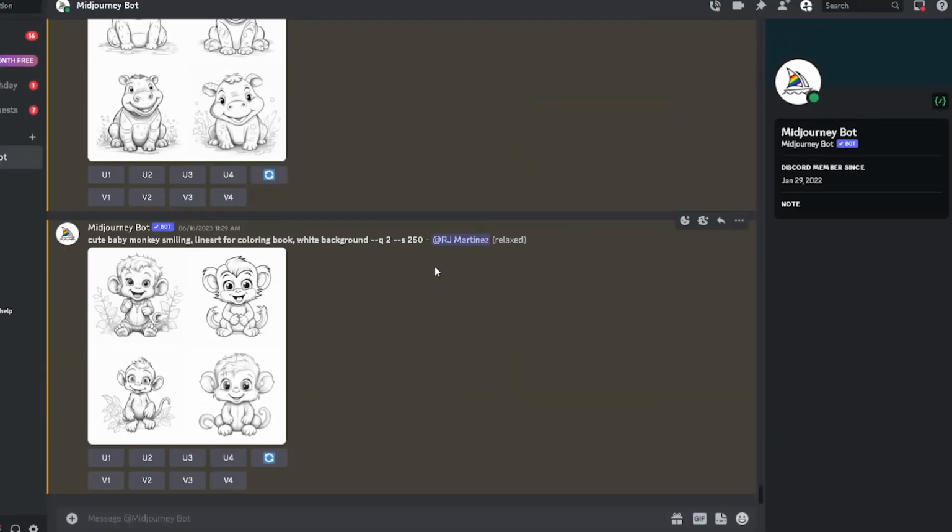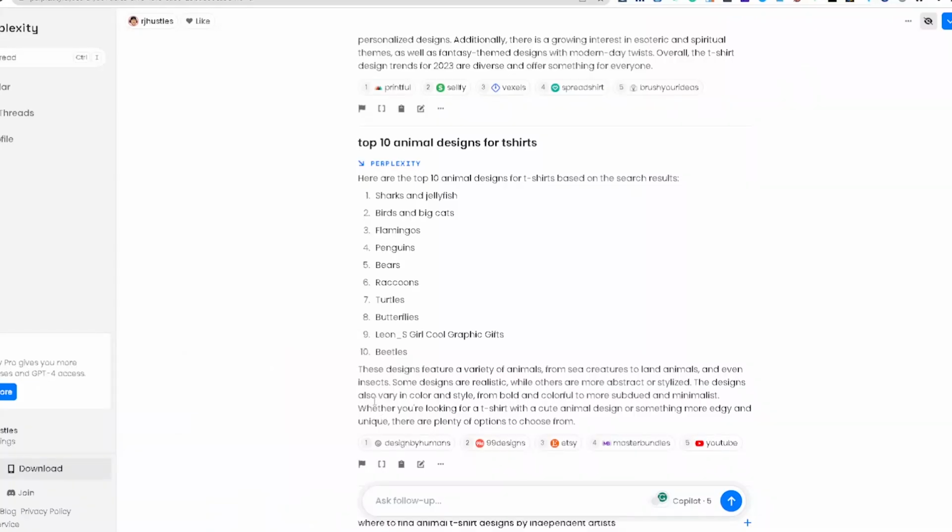So we're inside of Midjourney right now. Okay, we're going to take the information that we got from Perplexity, right? Raccoons. Okay, and we'll take raccoons and we'll take a few of them. We'll do butterflies. And the first thing I'm thinking about is we want to create an amazing type of graphic, right? You can even just do a graphic. You can even do a play on words, whatever it is that you would like to do.